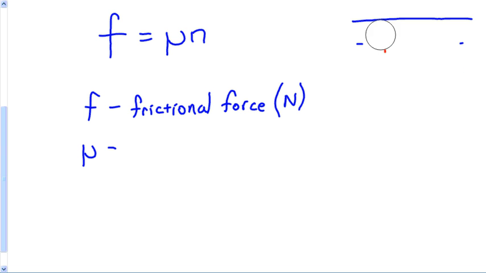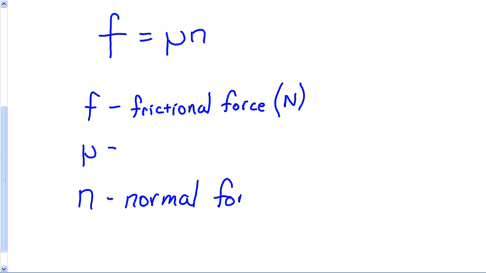All right, so we know what mu is now. Now here's what we don't know. What does it mean? Well, we'll get there in a second. So what does the little n stand for? Easy enough. That's a normal force. And at this point, you should also be going, well, what's a normal force? I don't know. We'll get to it in a second. But since it is a force, we know that the unit is